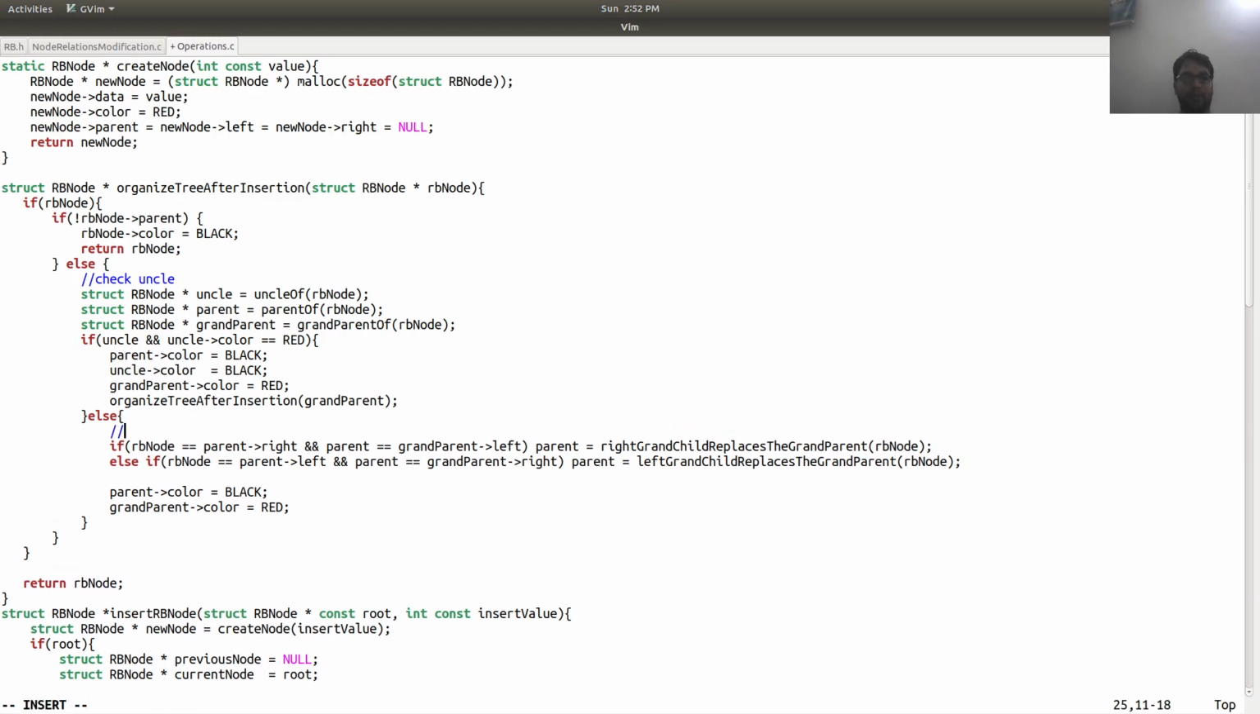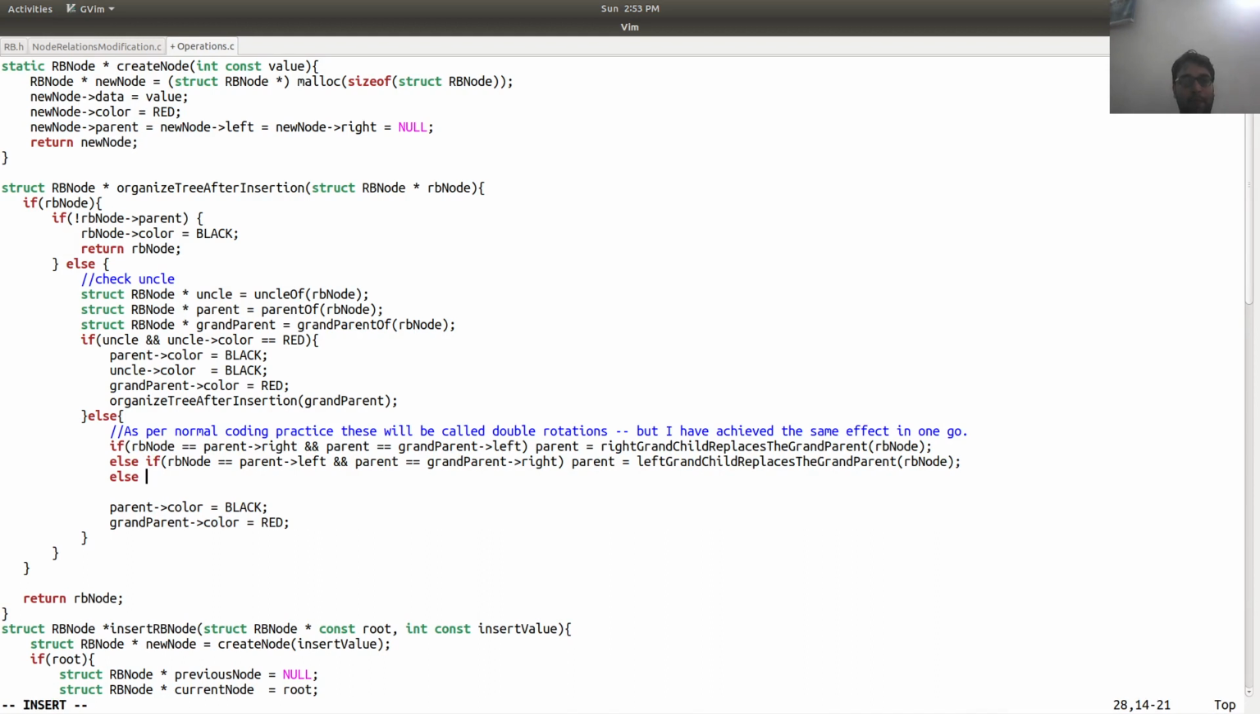These are the double rotations as per normal coding practice. This will be called double rotations, but I have achieved the same effect in one go. So these are the double rotations that we have, and next is going to be the cases that I said,